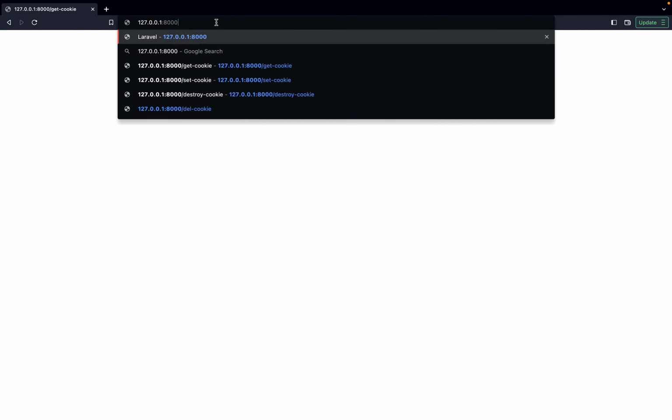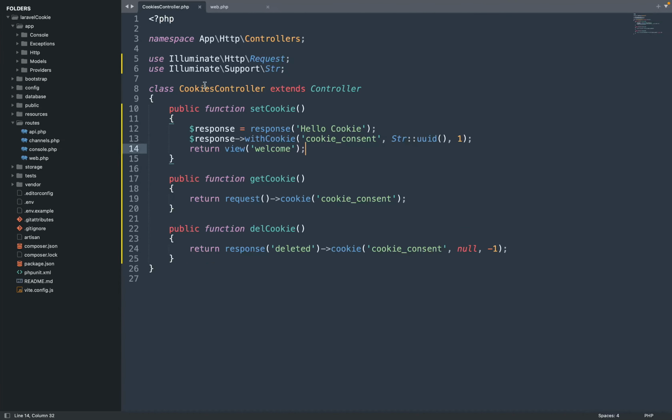Try to get the cookie. I see it wasn't set at all. So the reason is that to set the cookie, after setting the cookie, you must return it with a response. So if you don't return it with a response, the cookie is set on the client, in the response header. So if you don't return it with a response, it's not actually going to set. So while returning the view, you have to return it with a response. I think the clean way to actually achieve that while trying to also load your page,